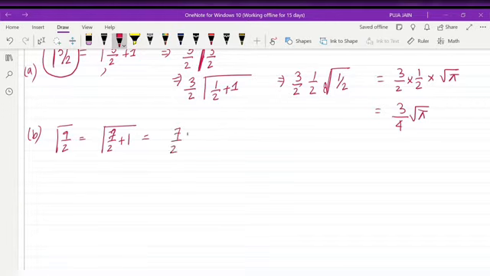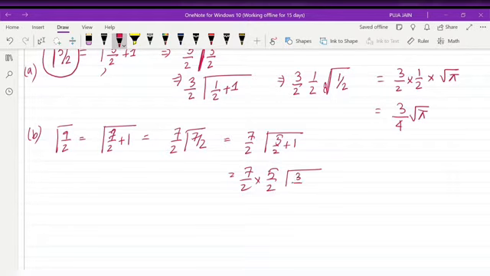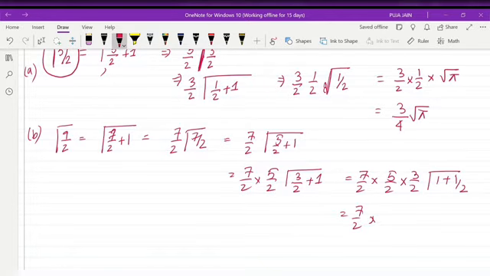So gamma 7 by 2. Then gamma 7 by 2 can be written as what? 5 by 2 plus 1. So 5 by 2 into gamma 5 by 2 can be written as what? 3 by 2 plus 1. So 7 by 2 into 5 by 2 into 3 by 2. Gamma 3 by 2 can be written as 1 plus half. So 7 by 2 into 5 by 2 into 3 by 2 into half,